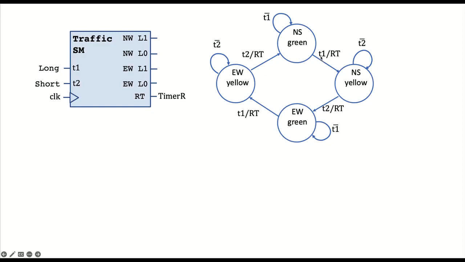Then after a long amount of time, we will reset the timer and go into north-south yellow. And east-west still better be red, right? And then when the small amount of time expires, then we will turn the east-west light green. And again, I know it's implicit here that the north-south had better be red at this point.